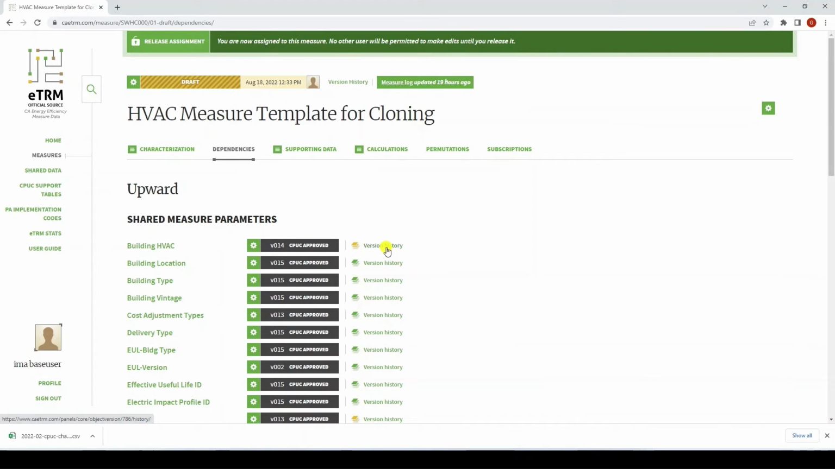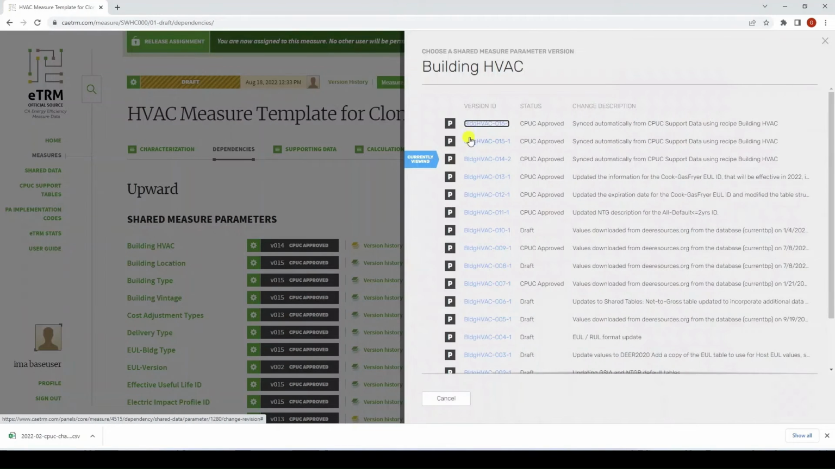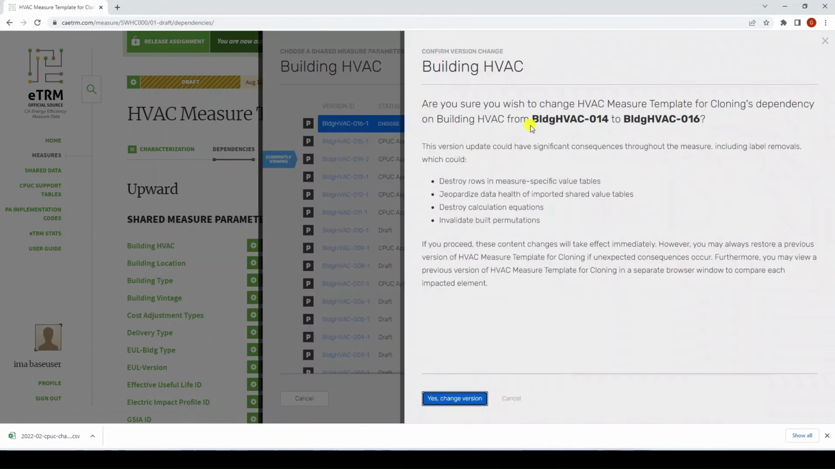So once I've done whatever investigation, I'm satisfied I need to change to the newer version. I can click on the gear icon, say change to another version. I'm going to pick the new one and click on choose. It's going to give me a warning that this will definitely make significant changes. This is a reminder to check the measure to see how the shared object is used